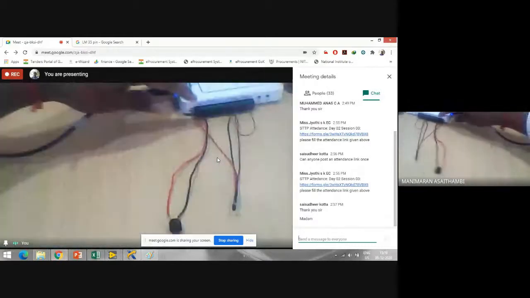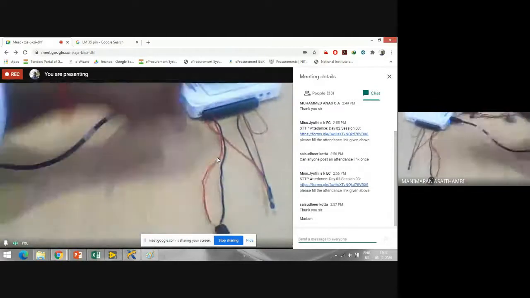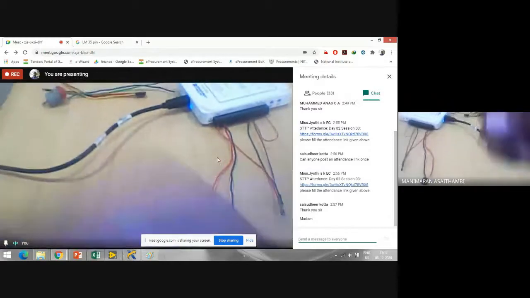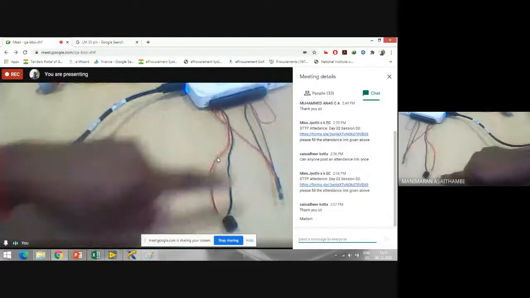The connections are like this, very simple. I'll just give you a top view. So I have a MyDAQ. From the MyDAQ, I have connected one LM35 sensor. The LM35 sensor output, I'm taking into LabVIEW. Once I take it to LabVIEW, then I process it. If that limit increases, it's going to give me a sound.